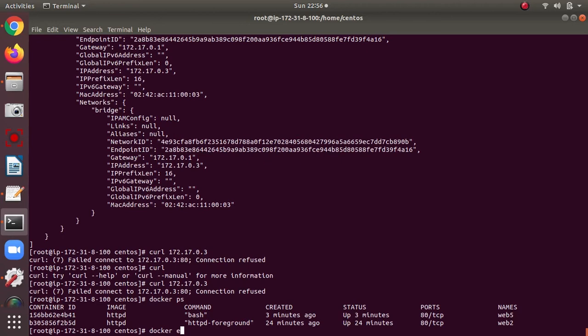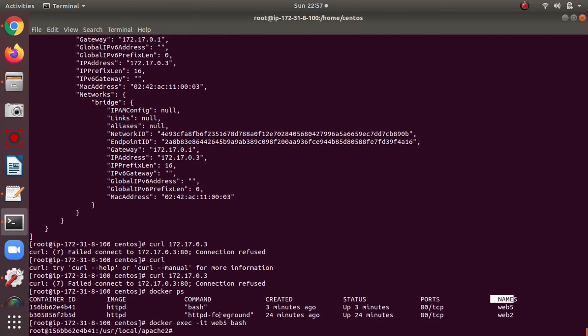The command is docker exec -it, for interactive mode, then give the container name or container ID, you can give anyone. I am giving the container name and bash.